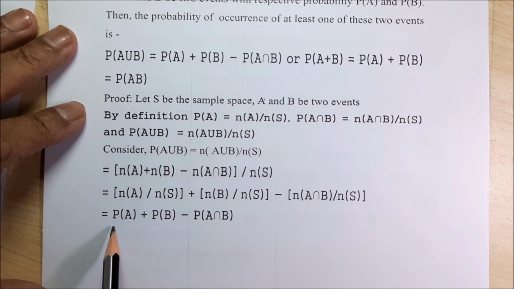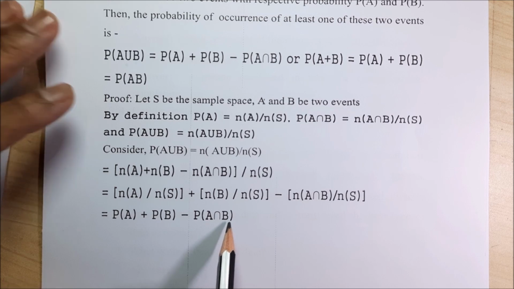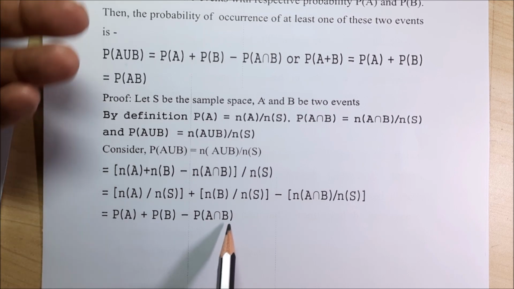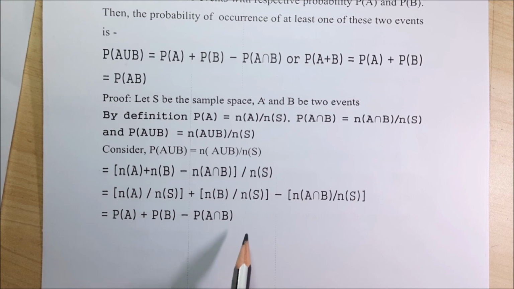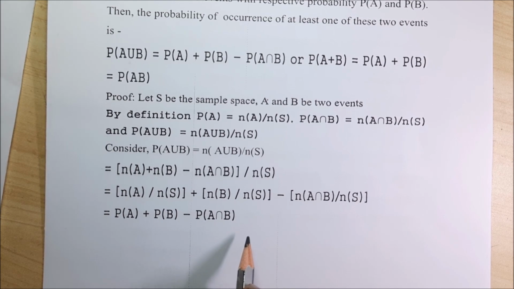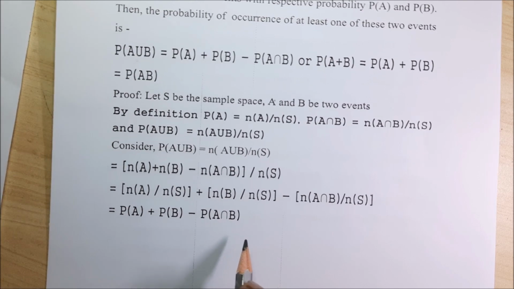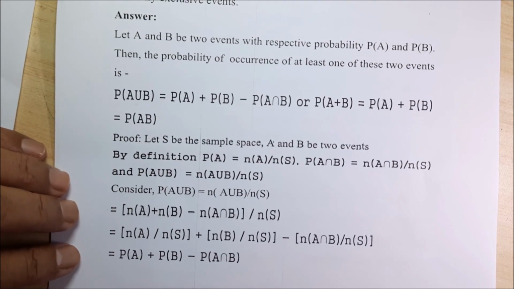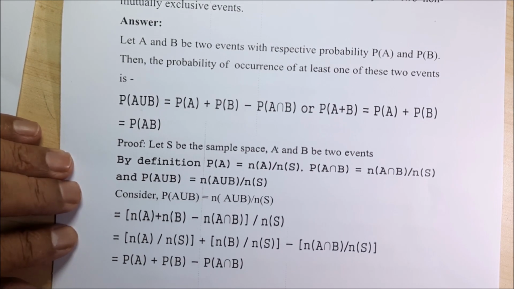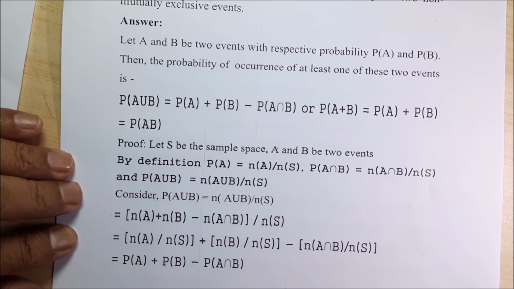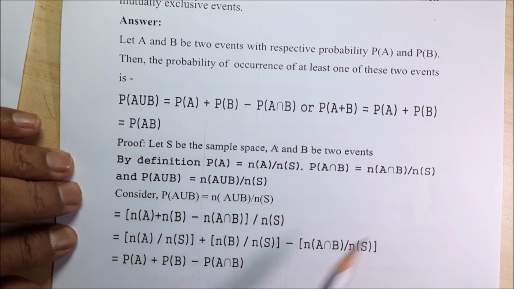Similarly, when you say that P(A ∪ B) is equal to P(A ∩ B), you have to write it, practice and then write. You cannot do it on your own, you have to practice step by step. Whenever you get a union and whenever you get an intersection, you must be very careful with two aspects. Whenever union is there, it is A or B. Whenever intersection is there, it is A and B. If you understand this properly, then the whole thing will be easy to understand.